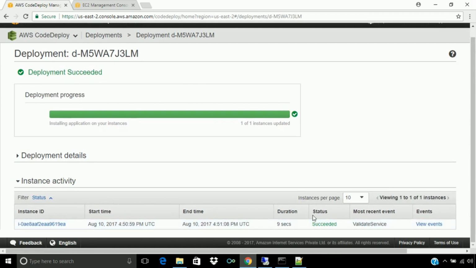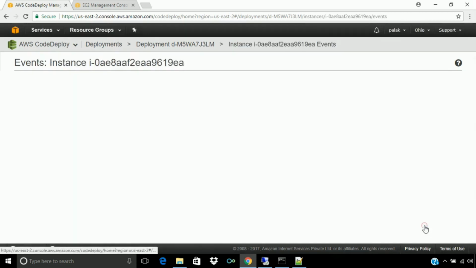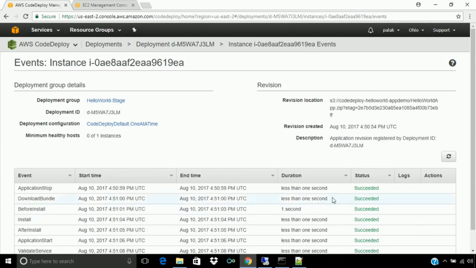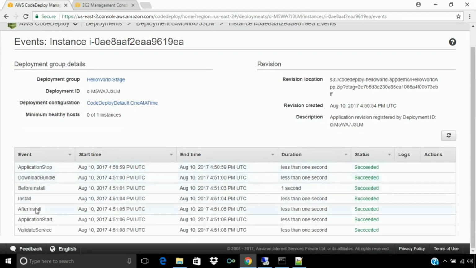Here we can see the instance ID on which the deployment is performed. It has succeeded, and we can also see the events log, that all the events have been performed and whether they have been successful or not. So all events are completed and our application has been deployed successfully.